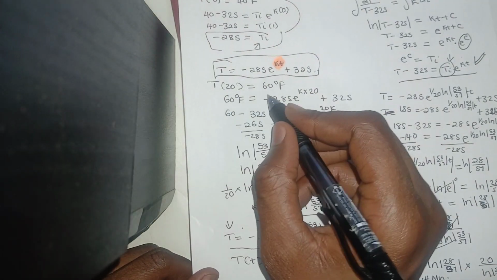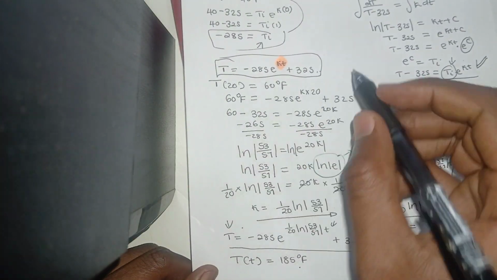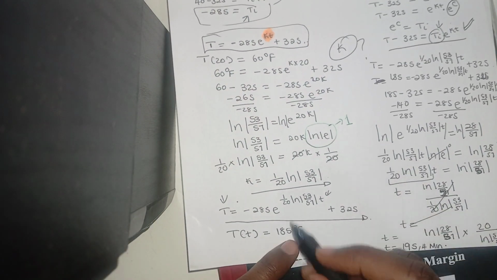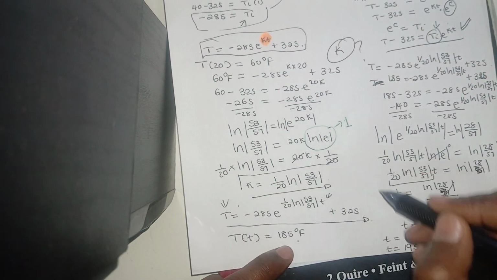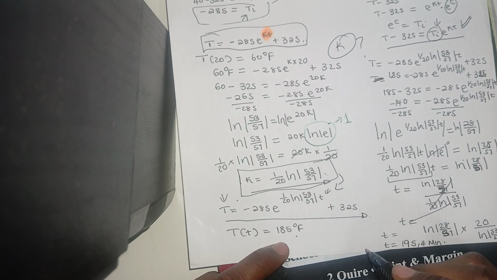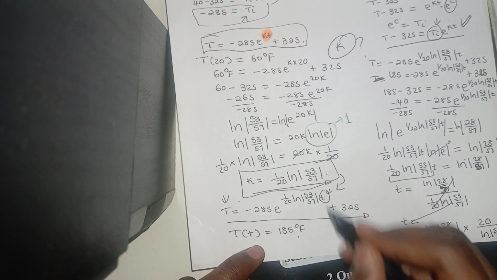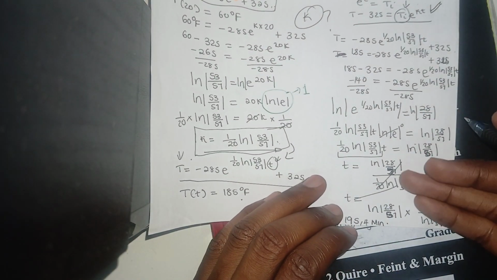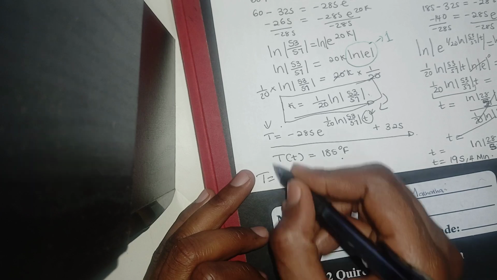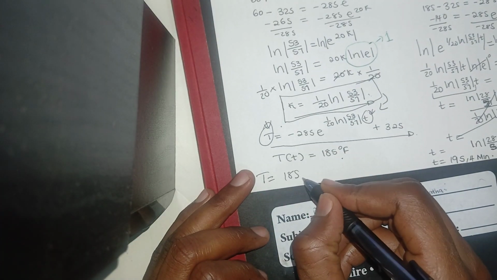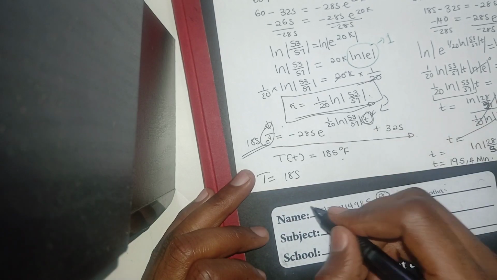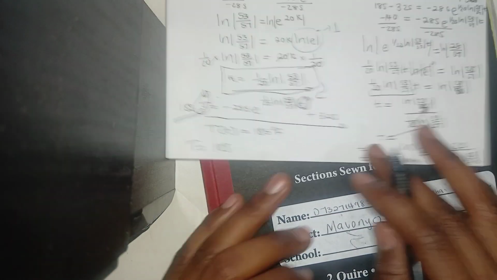Then from there, T of 20 is equal to 60 degrees Fahrenheit. Then we need to look for K. This is our K, right? After having our K, we take it back to the equation. After having the equation, now we have to look for T. It is easy now because our T here is 185. We put 185 here, and when we're done, we look for T. Everyone can just solve that, right? Then we found that our time is